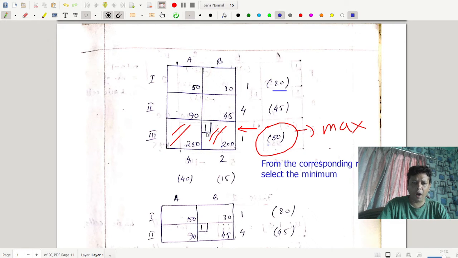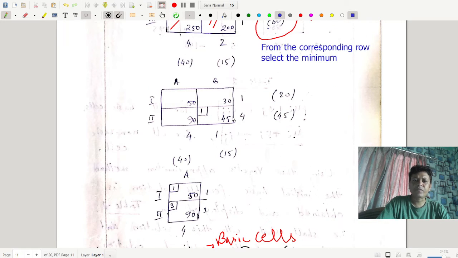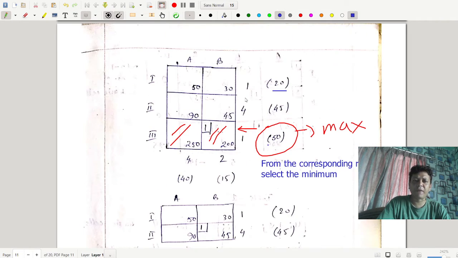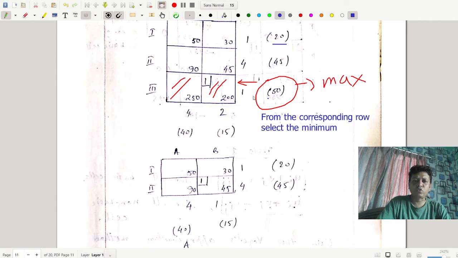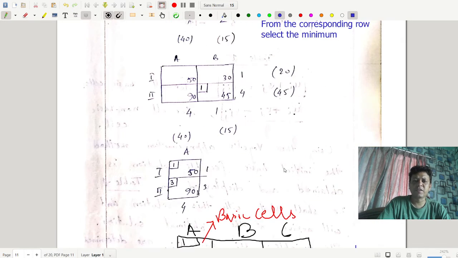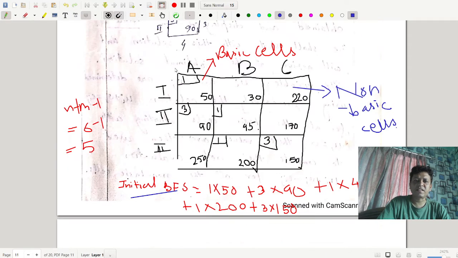So 1 is the minimum. So just put 1 in the cell. So availability has been exhausted in origin 3, so delete origin 3. Origin 3 has been omitted or ignored. In the next table, you see you have the reduced table, which has 1, 4, and 2 minus 1 is 1. So you do the same process, and finally you have this table.